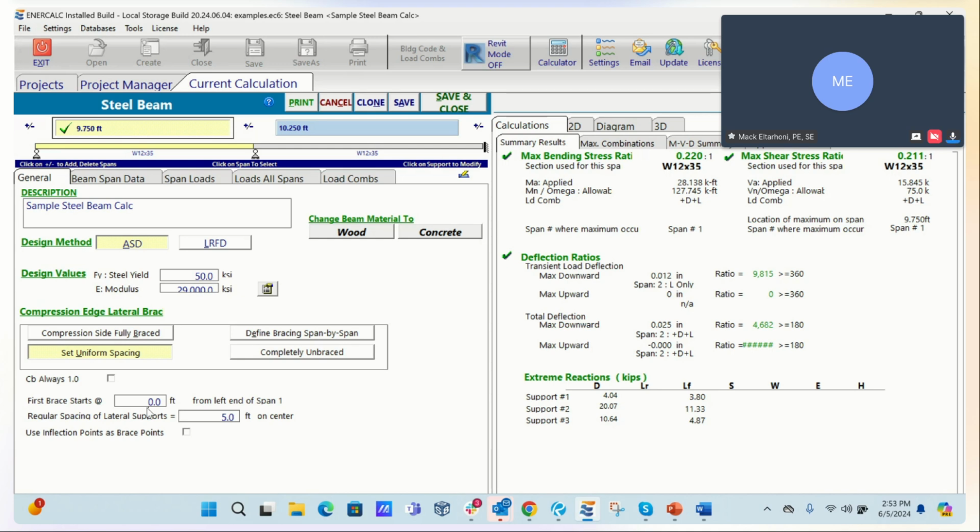If the compression edge is the top, then that's what it's going to be. If the compression edge is the bottom, it's just going to assume that's what it is. But currently it doesn't allow you to give it a different bracing spacing or bracing conditions for the top portion versus the bottom portion, as of now.